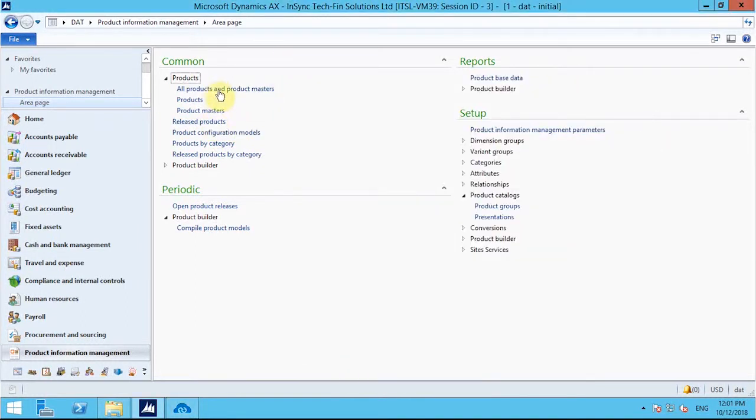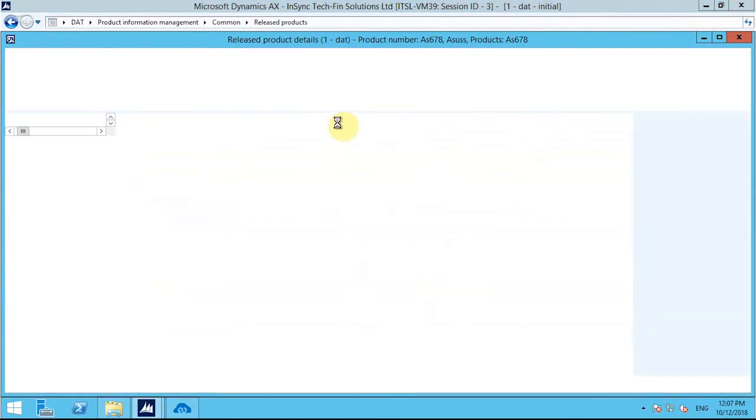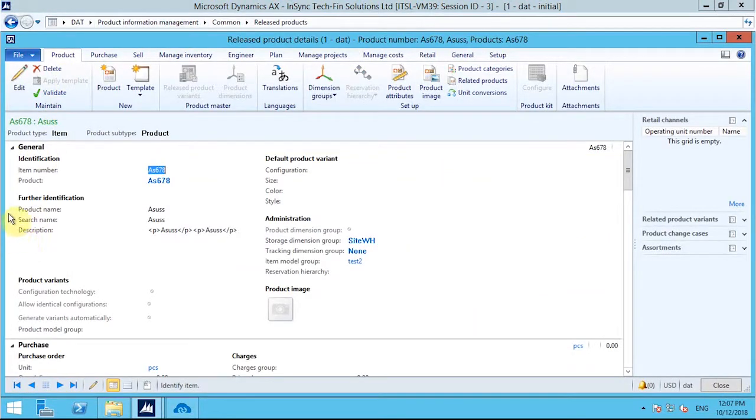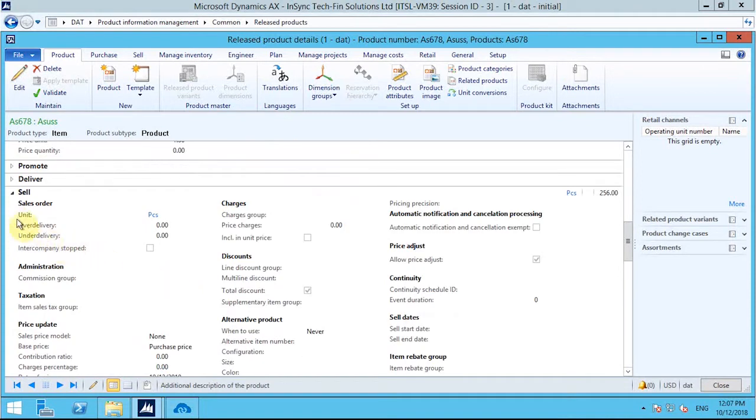Now there are two options through which you can find out the products. Okay, so now you can find out that this item is there in the released product section, and if I open this particular item, you can find out the entire product code, the item name and the item description. So this is the long description which I provided on my Magento store, and this is the short description. Now under the sale tab you can find out the unit price of this particular item,